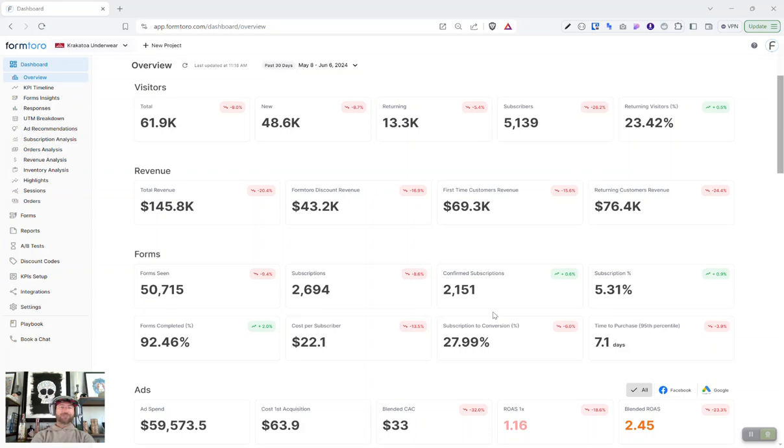So I'm taking a look at Krakatoa Underwear here, which some of you might know is a brand that I work on directly on the side. And I want to go over what the overview looks like, and we're going to step through some of these. So, visitors are people that are coming to the site, and we have the total amount of